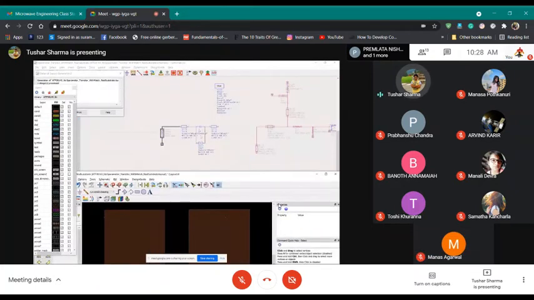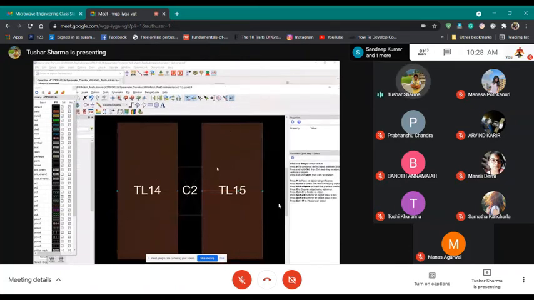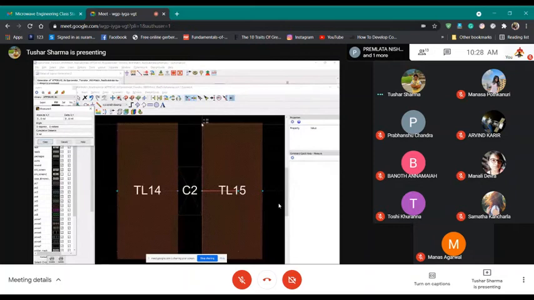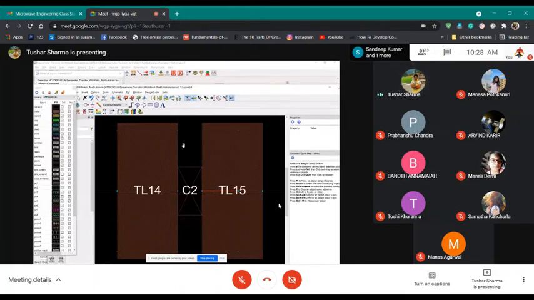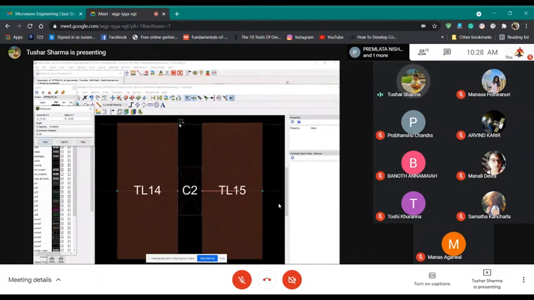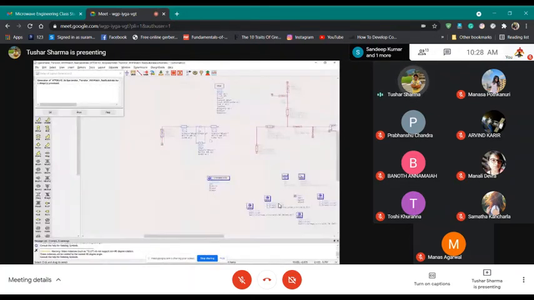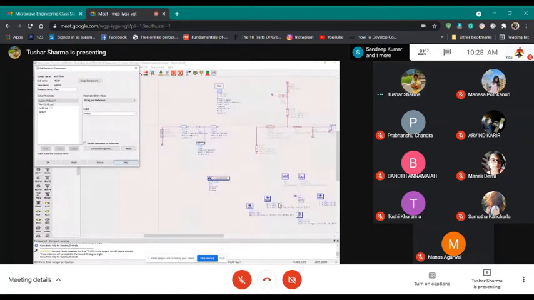You see C2 is my 69 picofarad cap, and then it is showing these two. So if you measure, this is width equal to what width we have mentioned, and then this is 50 mil pad. Similarly, this is 50 mil pad, and the spacing is taking 20 mil. Why is that? The spacing we are mentioning is 50 mil. Interesting.